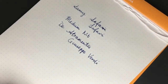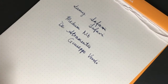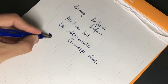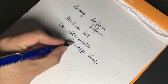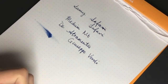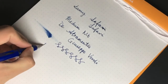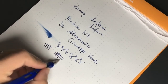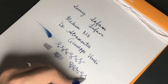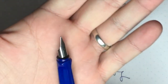Verdi. So the reason I like the medium nibs on the Lamys is that they put down a nice amount of ink. They're not super wet. As you can see, they've got good flow, and this is a wet ink, but they're not really gushy pens. They allow you to see the colour of the ink, some good shading and sheen on appropriate paper. They are stiff nibs. You're not going to get line variation out of them at all, but they're consistent and they're smooth, they're reliable,